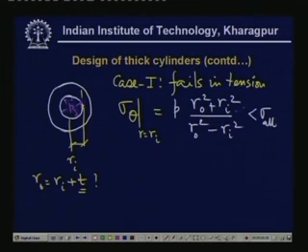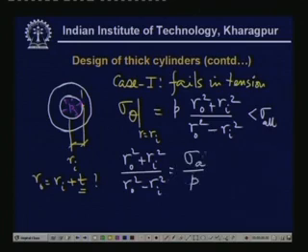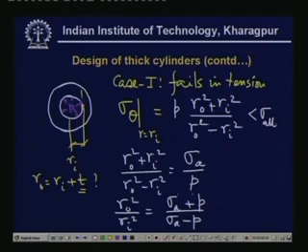Then how to make these calculations? That is very simple. Ro square plus Ri square divided by Ro square minus Ri square is sigma A divided by P. Now if you apply componendo and dividendo, then you get Ro square divided by Ri square equal to sigma A plus P divided by sigma A minus P. Now if you use the relationship that Ro is equal to Ri plus T, and substitute Ro to be Ri plus T, then it is very easy to see that T will be equal to